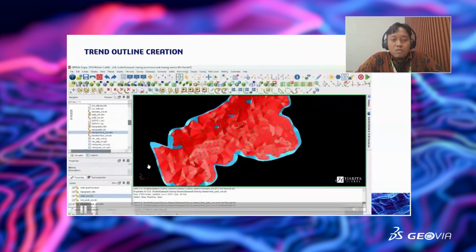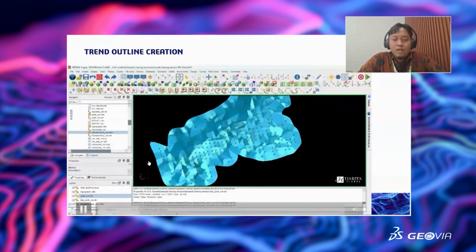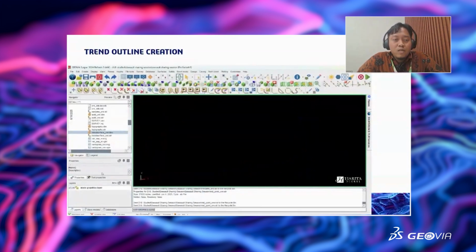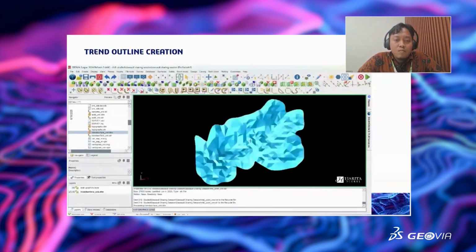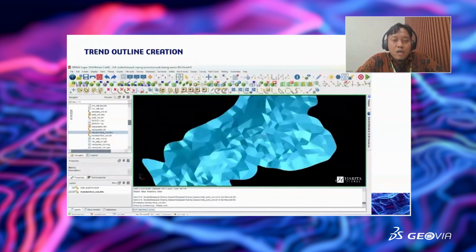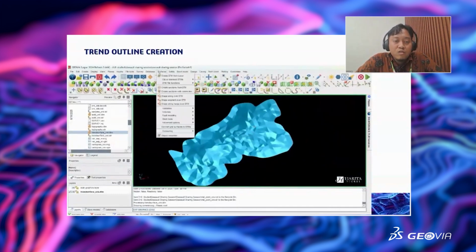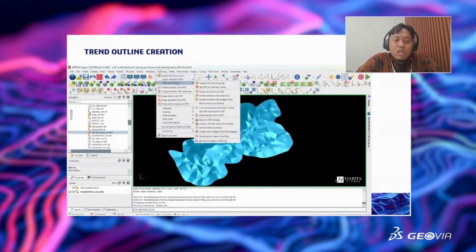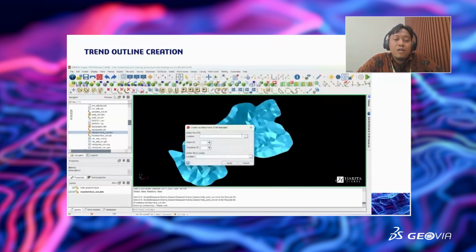So how to do it? How to extract my trend outline from the trend surface here? I will just put the trend surface and go to Surface Tools, and after that the DTM file function, and click Create Trend Outline and DTM triangle.